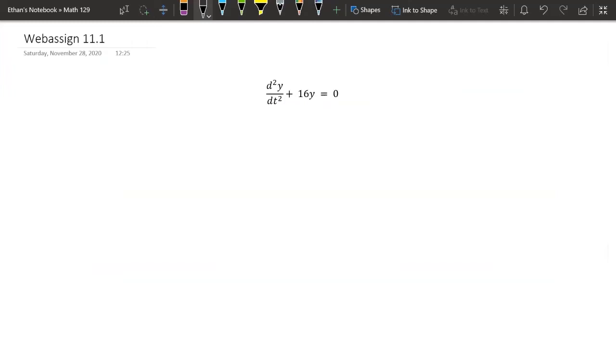So our first question today is asking us to find for what values of omega is the equation y equals cosine omega t a solution to the differential equation d squared y over dt squared, or the second derivative of y with respect to t, plus 16y equals 0. Sorry, you're going to have to bear with the slightly worse than usual handwriting. The way that I would recommend starting out this problem is by just figuring out what exactly